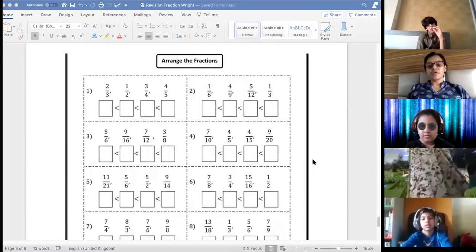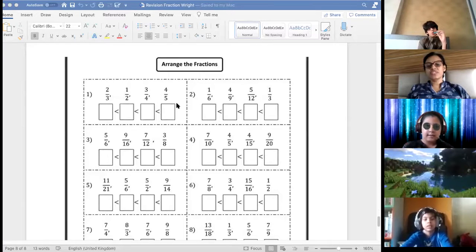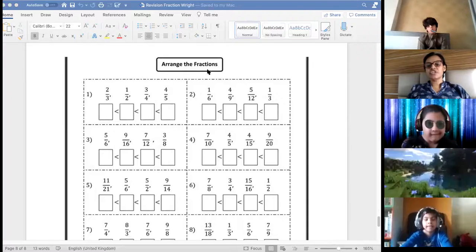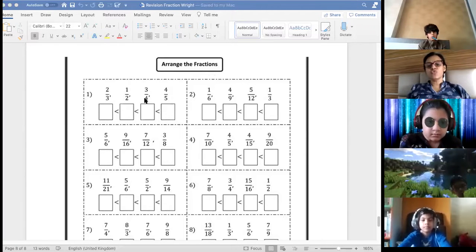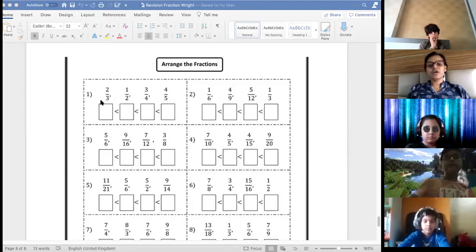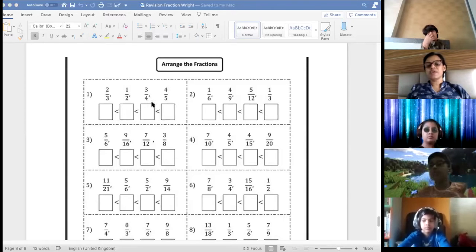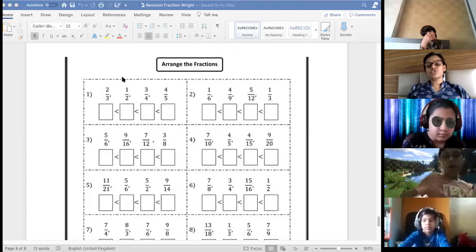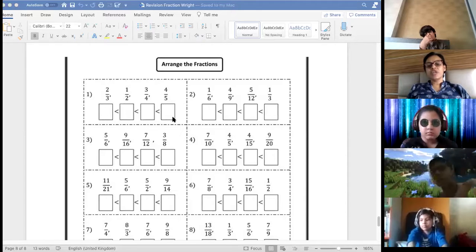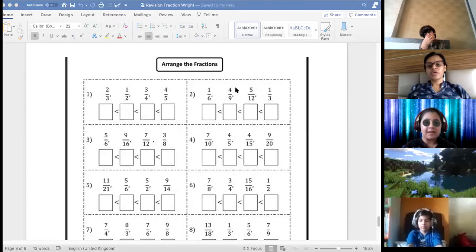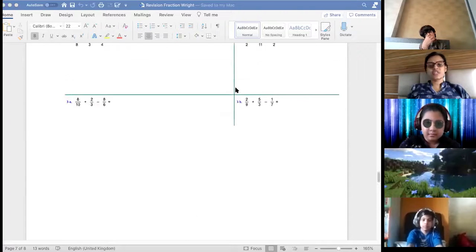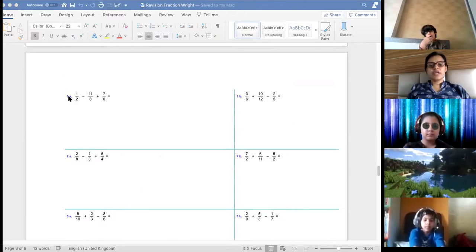See, what do we do in this type of question when they have asked, arrange the fractions in increasing order? So 3, 2, 4 and 5, you will find the LCM and you will make the denominator equal to LCM, and accordingly what happens to the numerator, and then you will arrange it in the increasing order. Okay, so let us do this first and then we'll come to addition, subtraction.